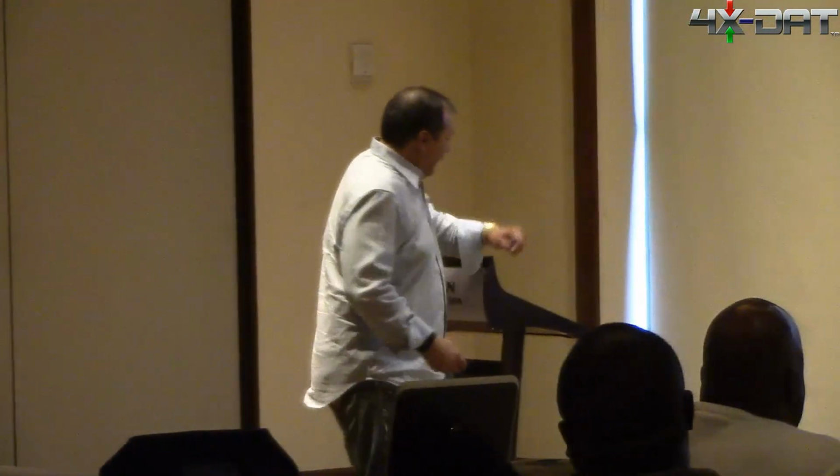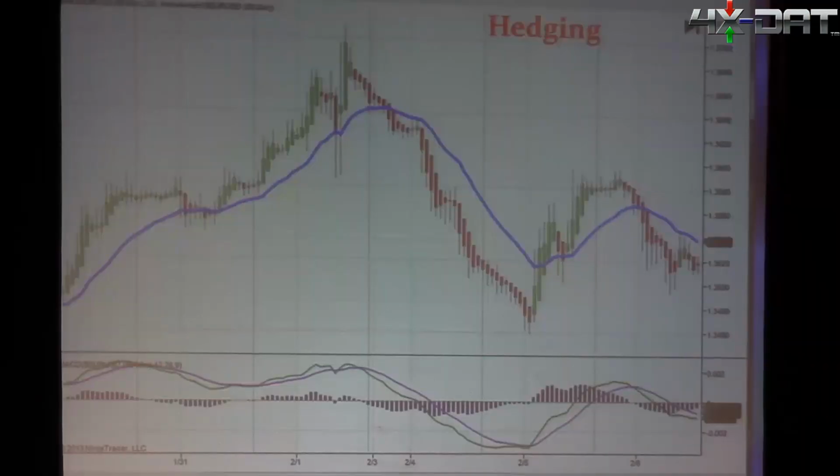So let's look at this chart. This is euro dollar 60 minute. Why 60 minute? This is our short-term trend chart, right? We're assuming the market